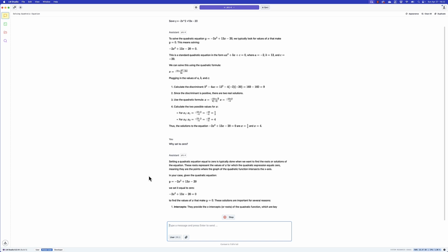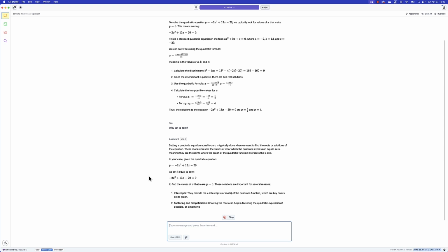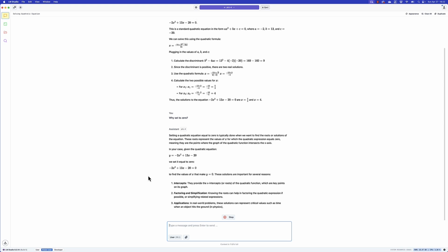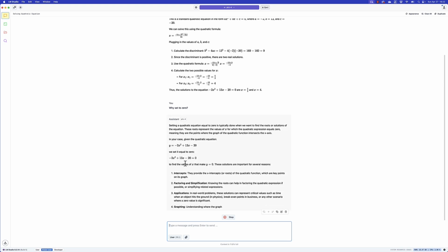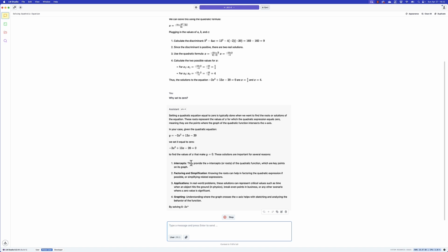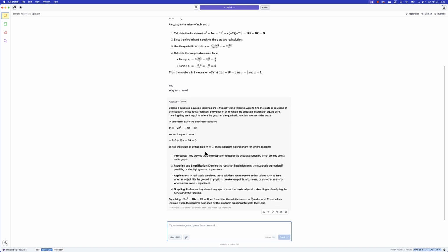These roots represent the values of x for which the quadratic expression equals 0. And so it gives us this case, to find the values of x that make y 0, several important reasons why. The intercepts, they provide x-intercepts,